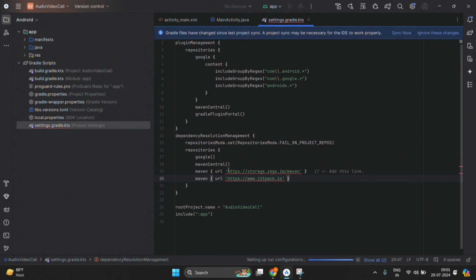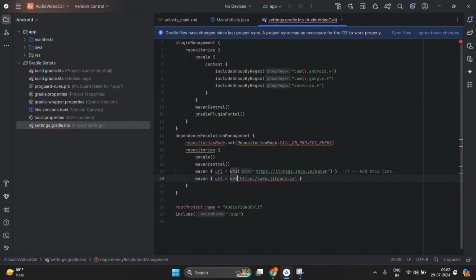It is showing an error because the correct way of writing this is writing URI and giving a bracket and double quotes and closing it, and giving an equal to in this. Here you can see the error is gone. Do the same thing for the second link. Now minimize this Android Studio,